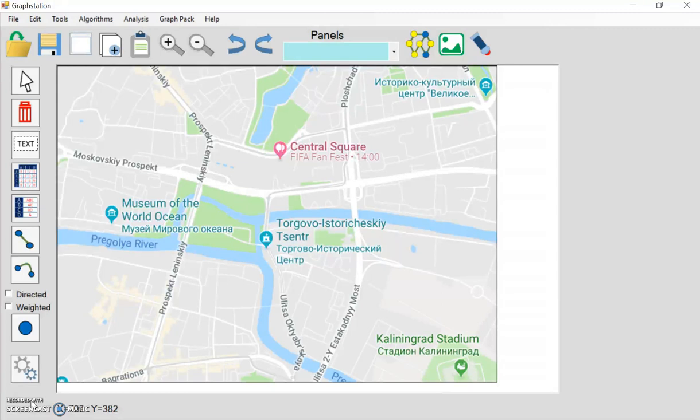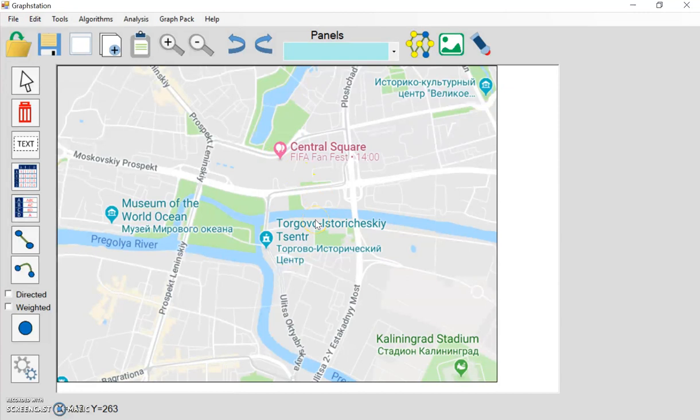I'm going to start with an image, and I actually took this image from Google, and it is a place called Kaliningrad in Russia, and it was taken at the time of the 2018 World Cup, and you can see that the fan central is here. This is the Kaliningrad Stadium. And nearby there is a river called the Pregolya River. No doubt Russians will pronounce that differently. Apologies for that, but it is of significant importance, this intersection here, because this is where graph theory, many believe,